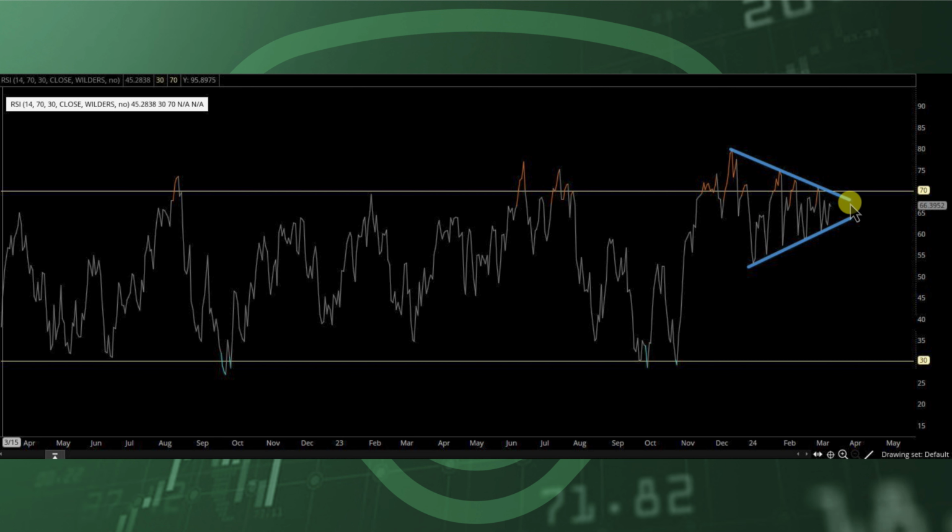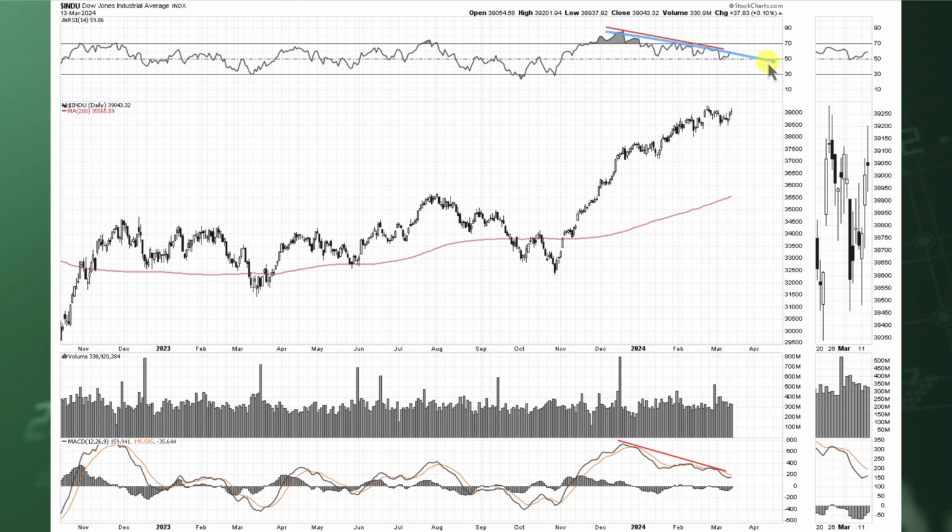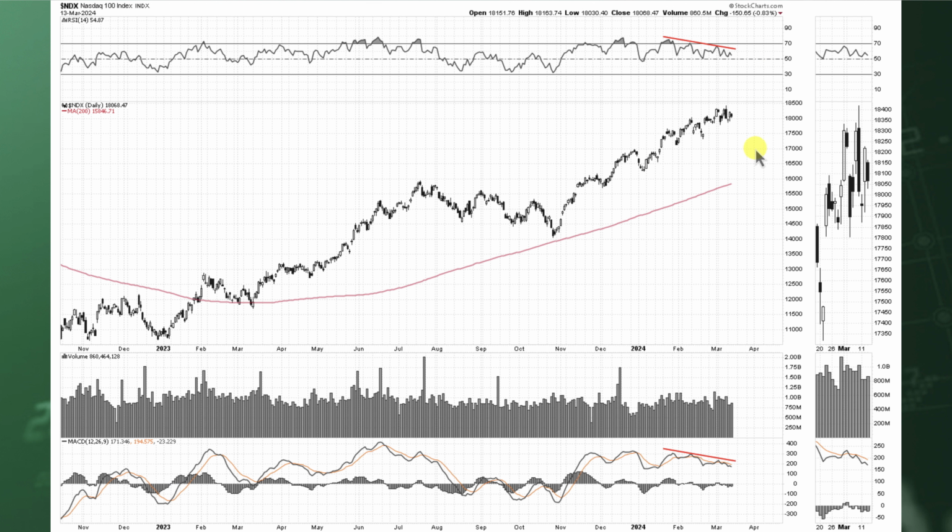And that, to me, I find to be incredibly interesting. So perhaps this can even expand, where we're going to get a lot stronger of a move here in the near future as well for something like the S&P 500. It's not the only index that has a negative divergence. The Dow Jones Industrial Average has a negative divergence as we're sitting around at these all-time highs. Nasdaq 100 has that negative divergence, and that's not just in the RSI, it's also in the MACD for both